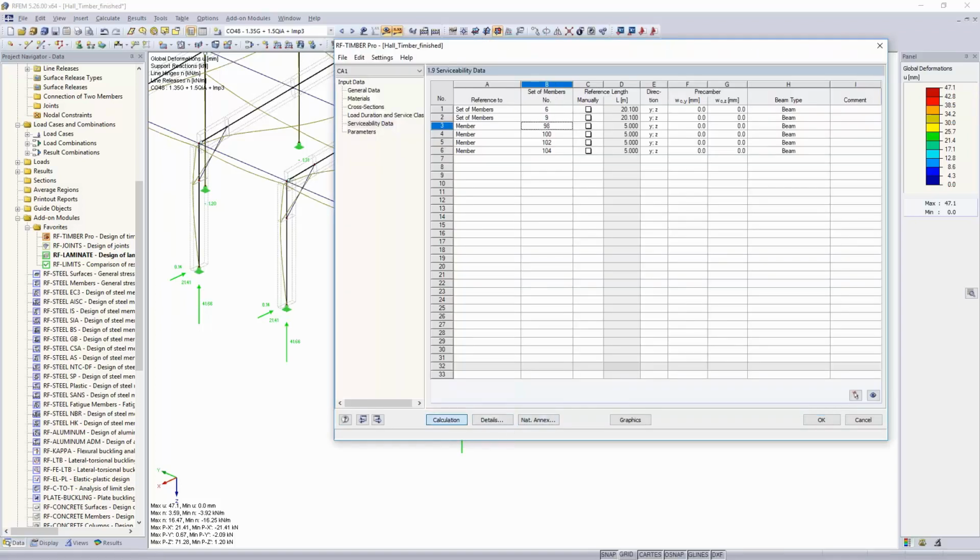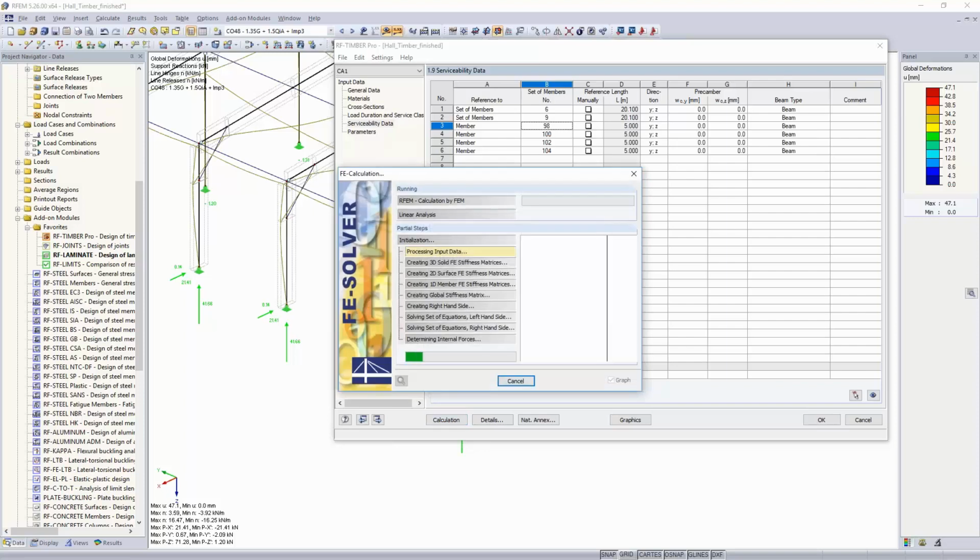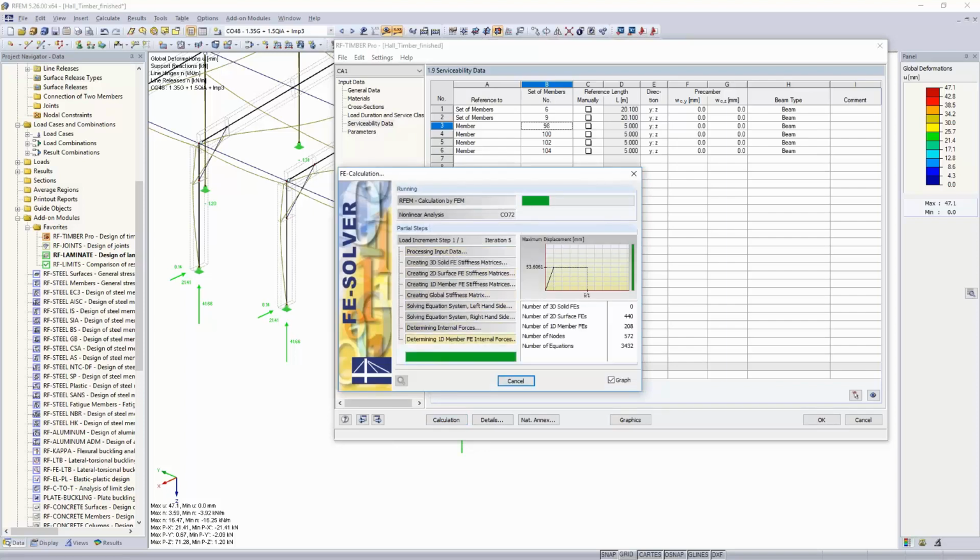Parameters is shear force reduction and also cutouts, which we do not have in this situation, and so we could start the deformation. We could start the calculation of all the combinations that we